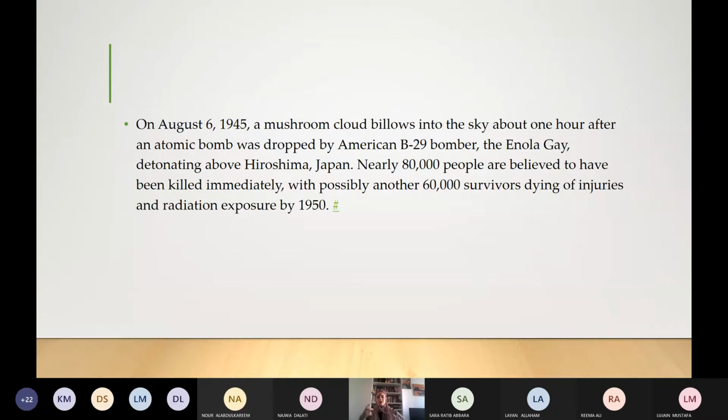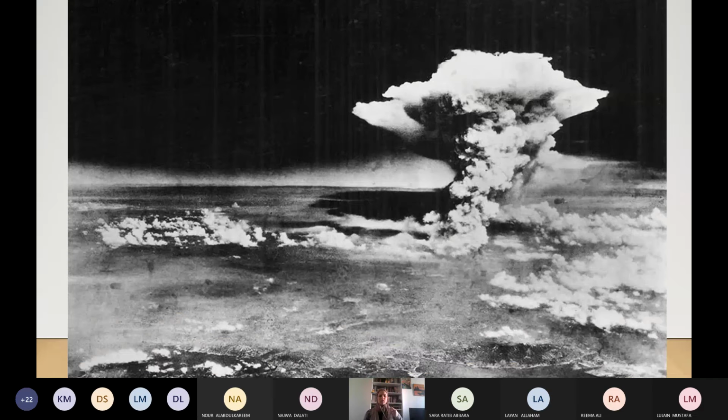So in 1945, a bomb was thrown in the middle of Hiroshima. After an hour, there was a mushroom cloud. The bomb was here, and this mushroom cloud came over the sky of Hiroshima. 80,000 common people were killed, and 60,000 were injured.